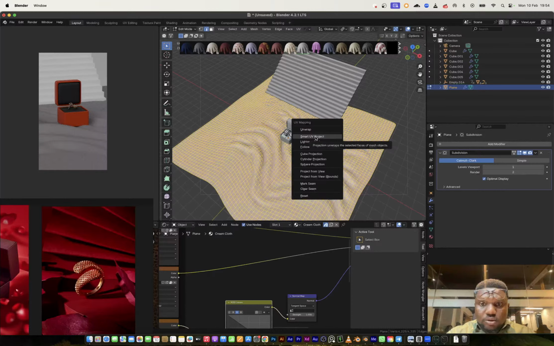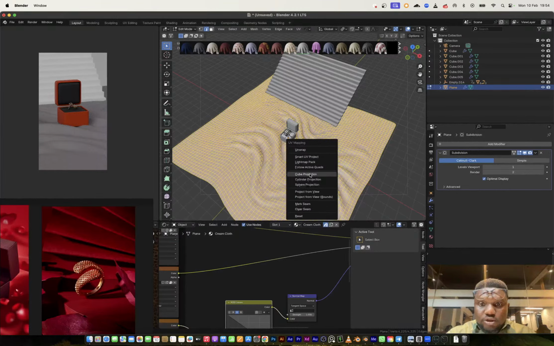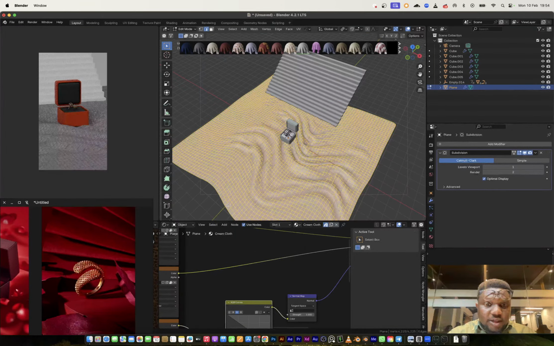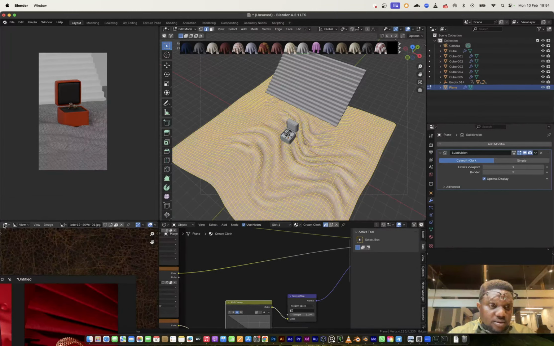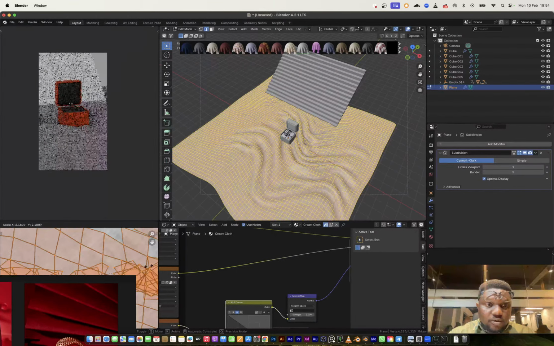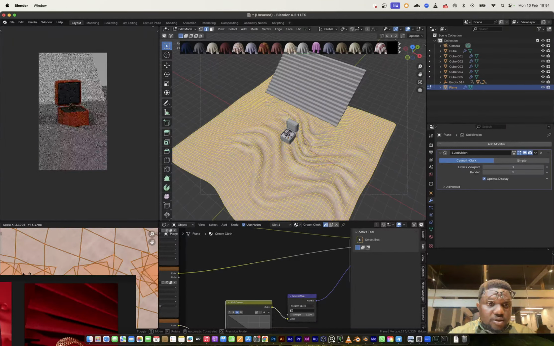No, not smart UV. Let's just do cube UV. Let me get a UV map right here. Select all, and just scale. Just scale like so. Easy.